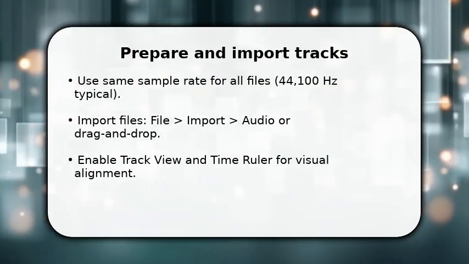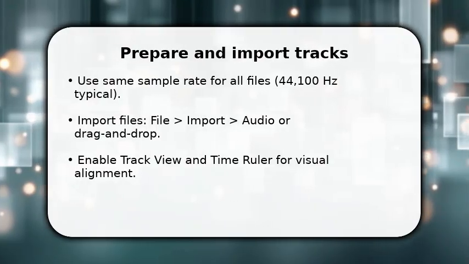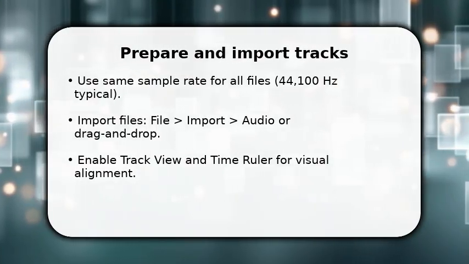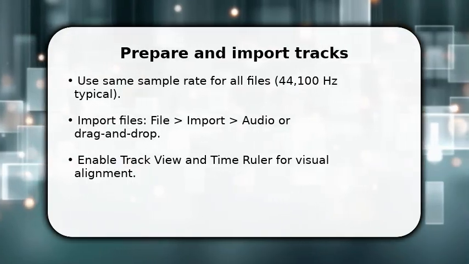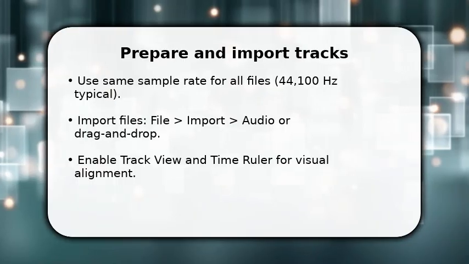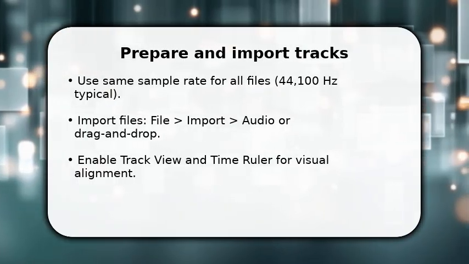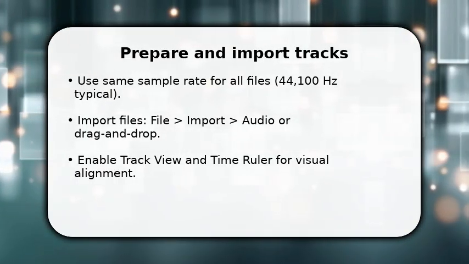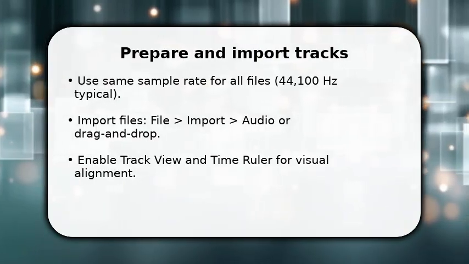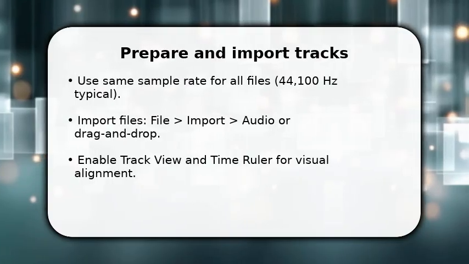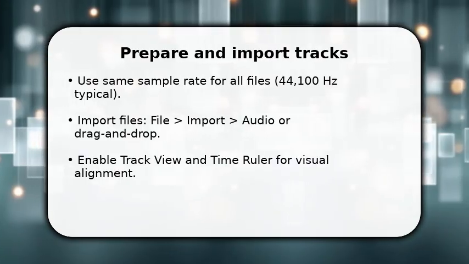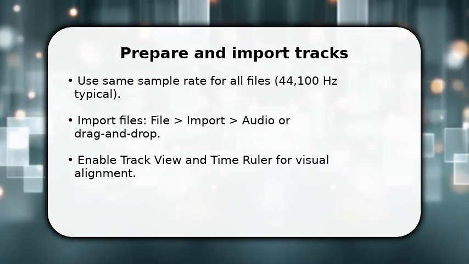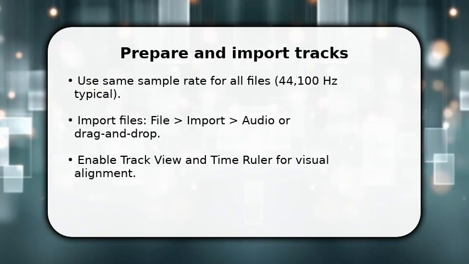You start by matching sample rates and importing your audio so you're working with clean material. Open Audacity, confirm the project rate at the lower left, then import each file. Once imported, zoom horizontally so you can see waveforms clearly and enable the time ruler and snap to for precise placement. This reduces guesswork. Make sure tracks are unmuted and not locked. Finally, set the selection tool and click near an obvious transient to mark a shared reference point before you begin